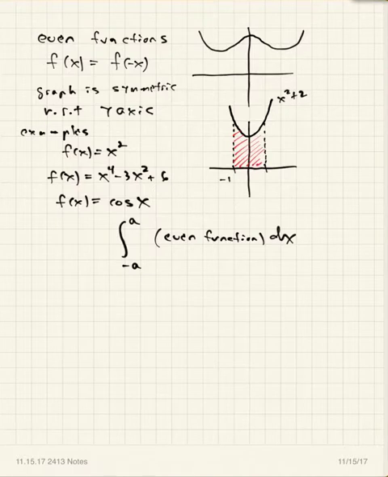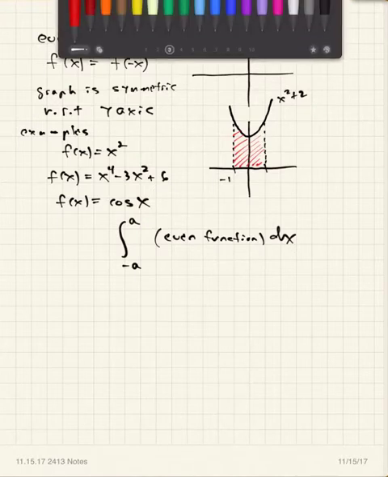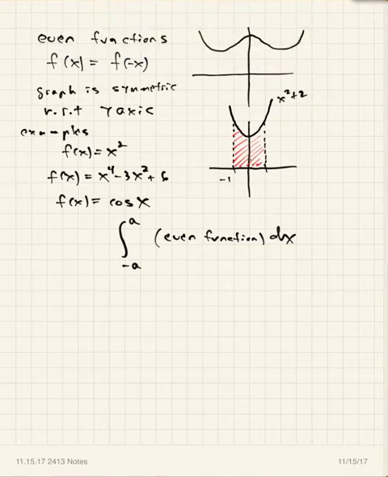Well, notice that that little piece right there comes in two pieces that are exactly the same size, right? So what you could really do is you could have found this integral by just integrating from 0 to 1, just this piece, and then multiplying by 2. And so that's something I wanted to point out about even functions, is that you can have the interval go from 0 to a instead of negative a to a,